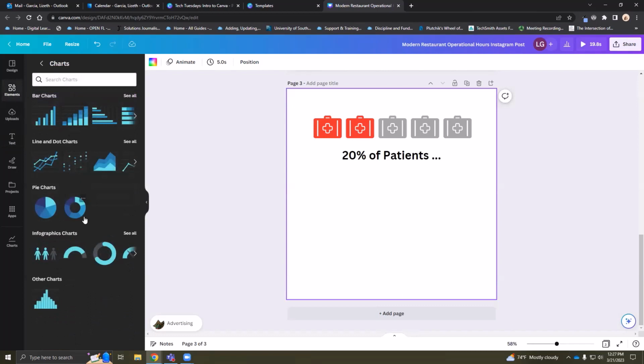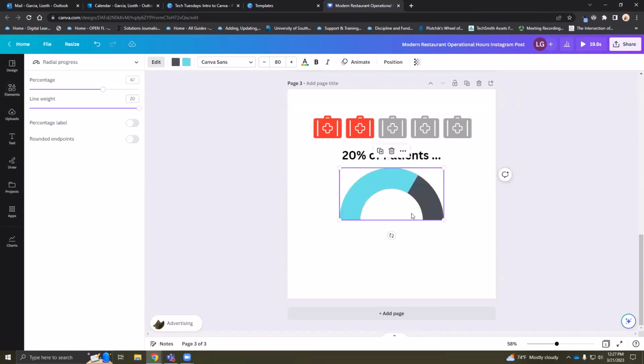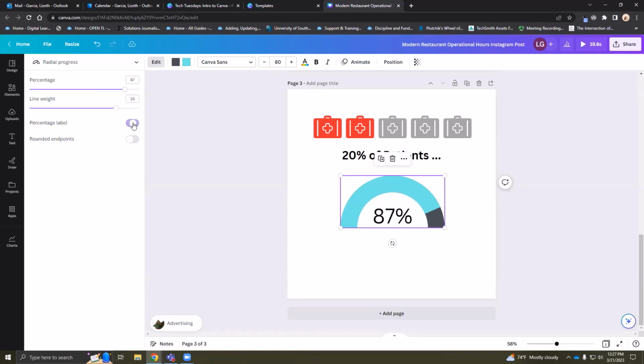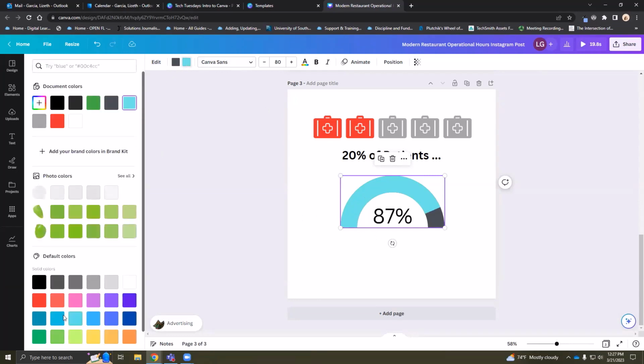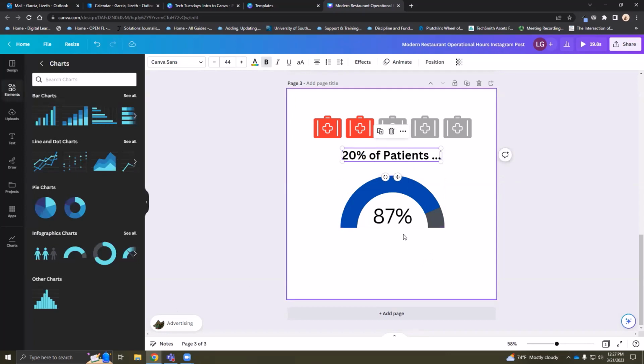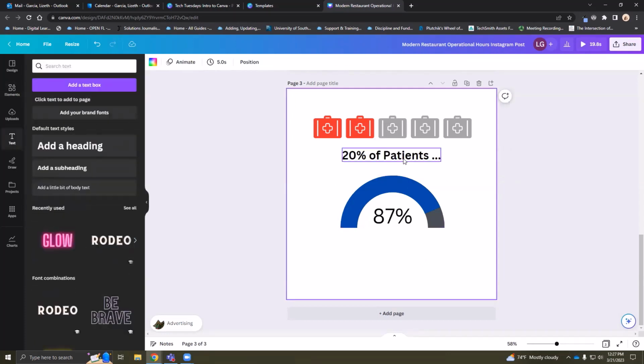Let's take a look at, for instance, this one. So this dial radial, you can say, for instance, 87%. You can tell it the line weight. You can say, please show me the percentage label. You can round the endpoints and not let it be squared. You can also change the colors. So 80%, and then again, you can add text by either going back to the text,